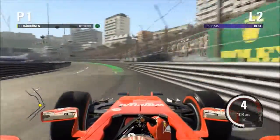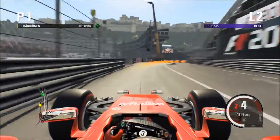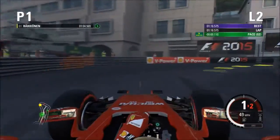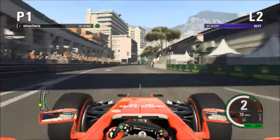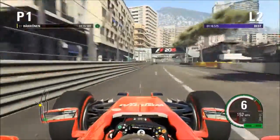Just a slight lift, using all the space. We just skimmed the wall, flat out through there, heavy braking into the swimming pool section, and that looked like it was a quite good run into Rascasse. We ran a bit wide, that would have cost us a little bit of time, a little bit sloppy, but through this section, hit the apex nicely. We're accelerating down. What is the time going to be? DRS open, and it is a